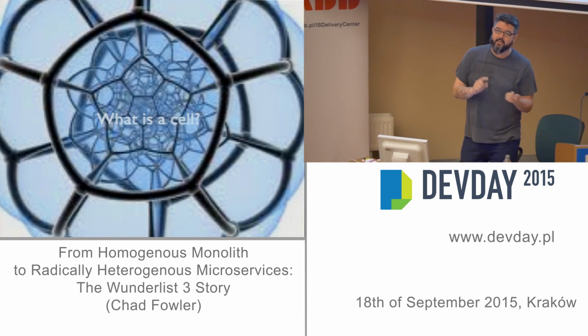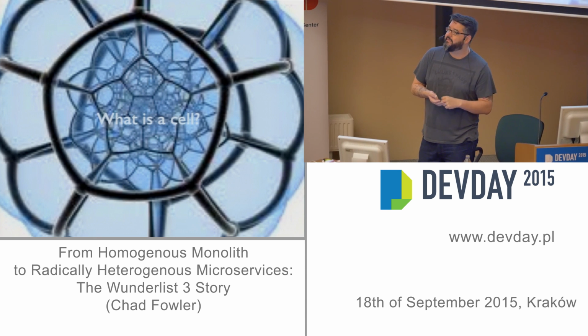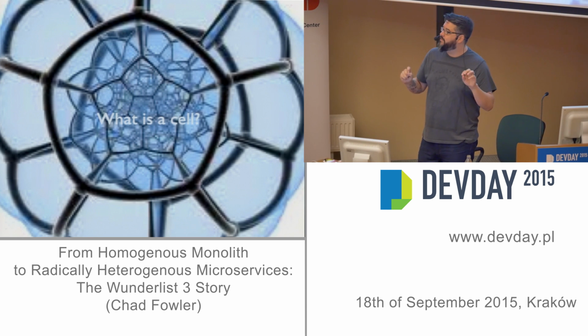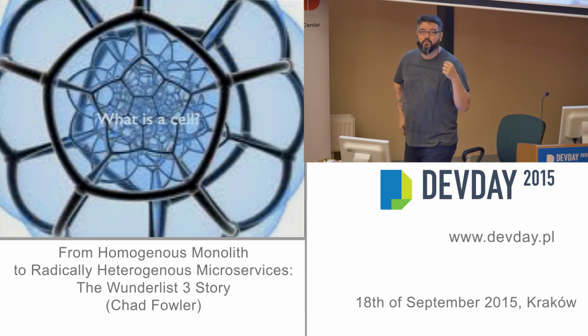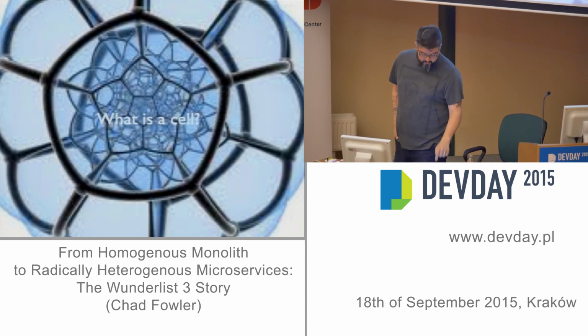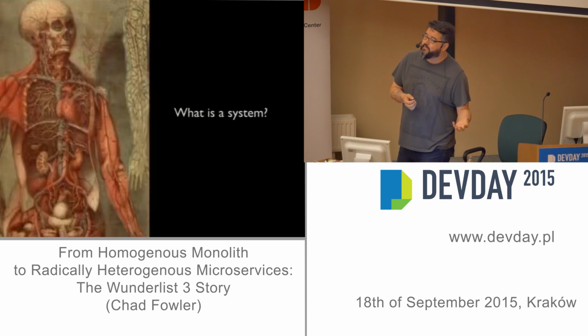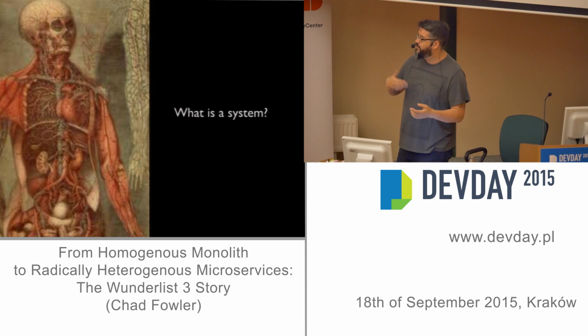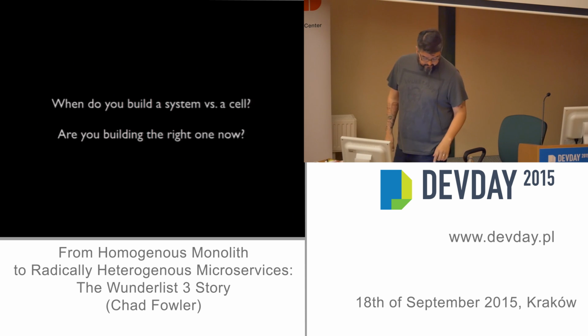Well, I think if we can think about systems and cells properly, we could take this idea of cellular regeneration and rewrite the system slowly and constantly. And that's the idea that we applied at Wunderlist. So we have to think, what is a cell in a software system? And what is the system itself, or which pieces are subsystems? When you're thinking about software architecture, which one do you write? Do you need to be writing a cell right now, which should be regenerated, or do you need to be writing a system, which is a larger mass of things?